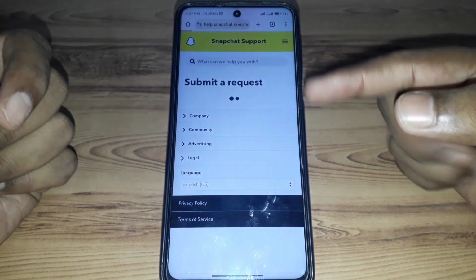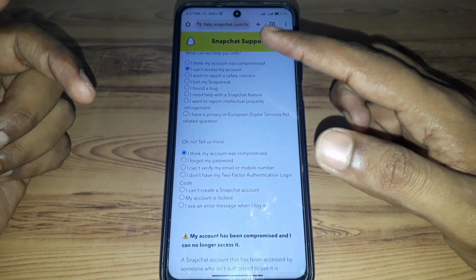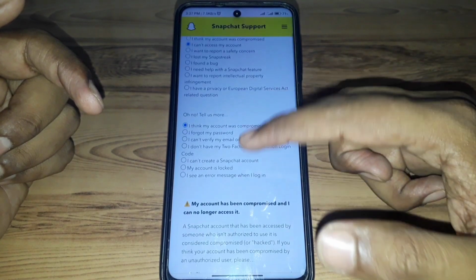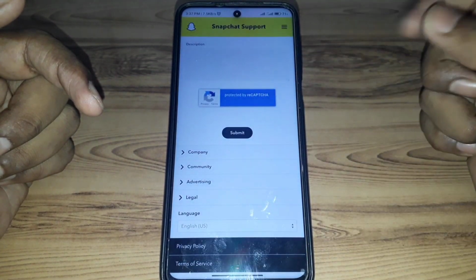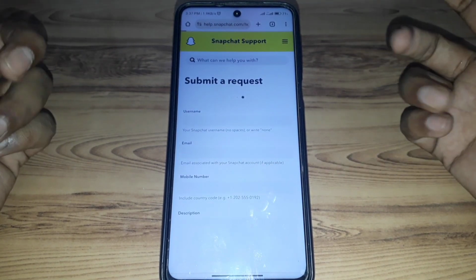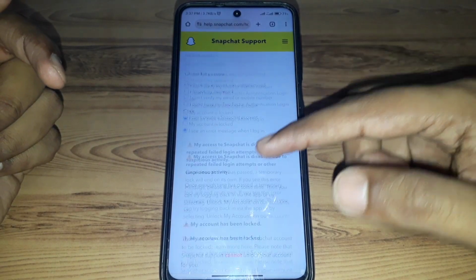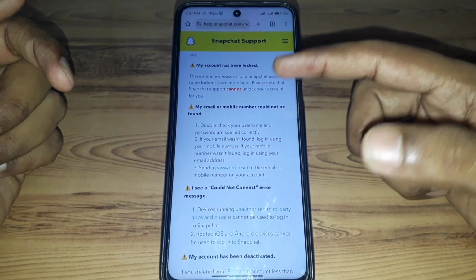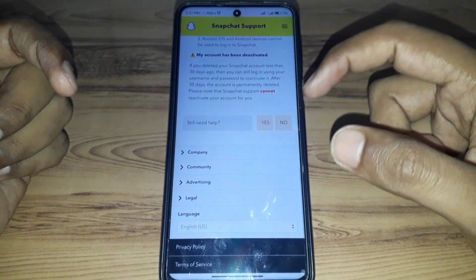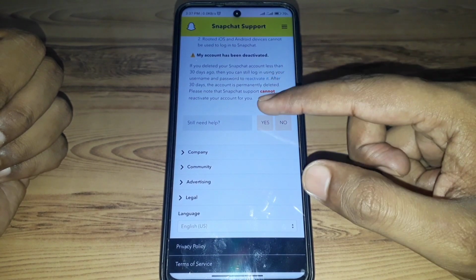After that you have to simply find this kind of error, and here you have to click on "I can't access my account," and then click on "I see an error when I log in," because when you try to log in, this kind of device ban error occurs. And after selecting that, you have to scroll down, and if you find any one of the errors, then you can select that. And if you find device ban,